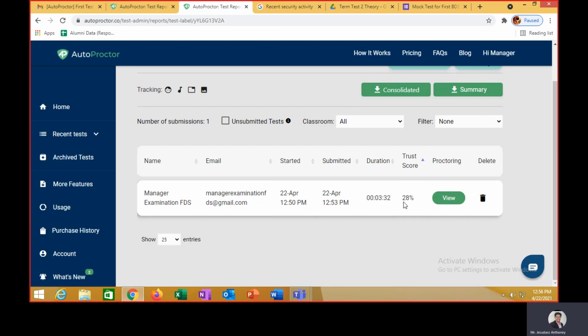The trust score will be available for the staff, and if the trust score goes below 80% or 75%, obviously the marks can also be awarded accordingly.